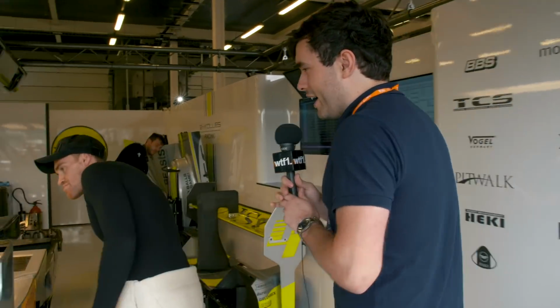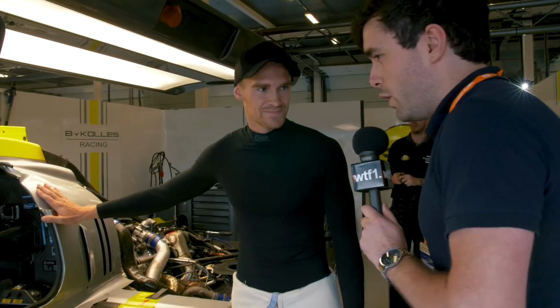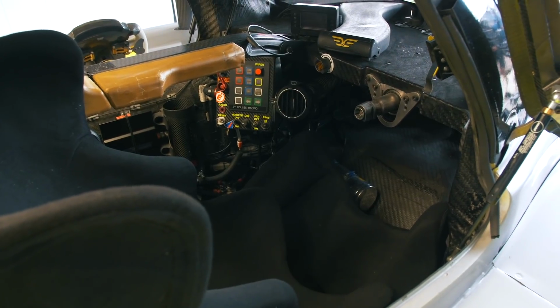So, the inside, Ollie, you tell me, is very, very small, very cramped, especially for a man of your structure. How do you survive an endurance race in there? Yeah, it's built for kind of 5'5" to 5'8", and on my CV I am 5'8". In real life I'm 5'8", so yes, it is cramped. My knees are on the wheel, my elbows are in the bottom of the chassis, and the steering wheel is obviously right close to our chest. But not only is it hard to sit in, the hardest bit is